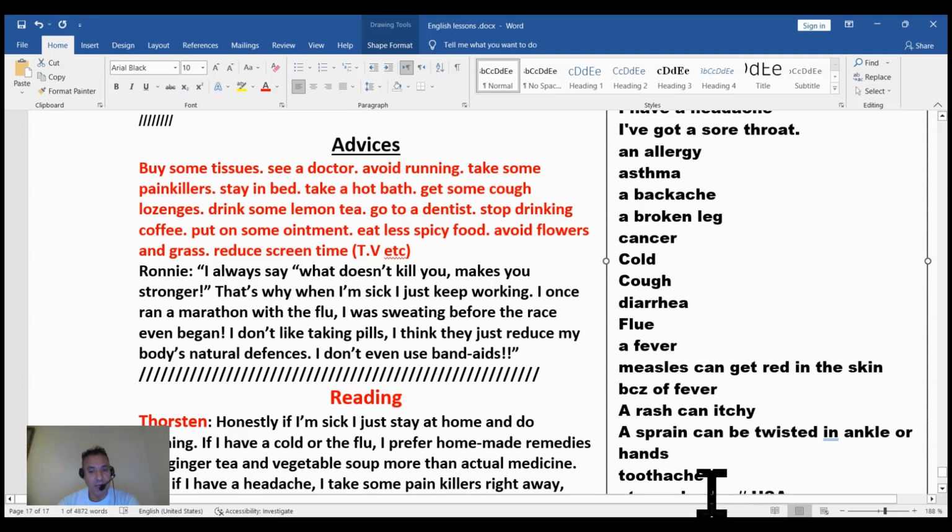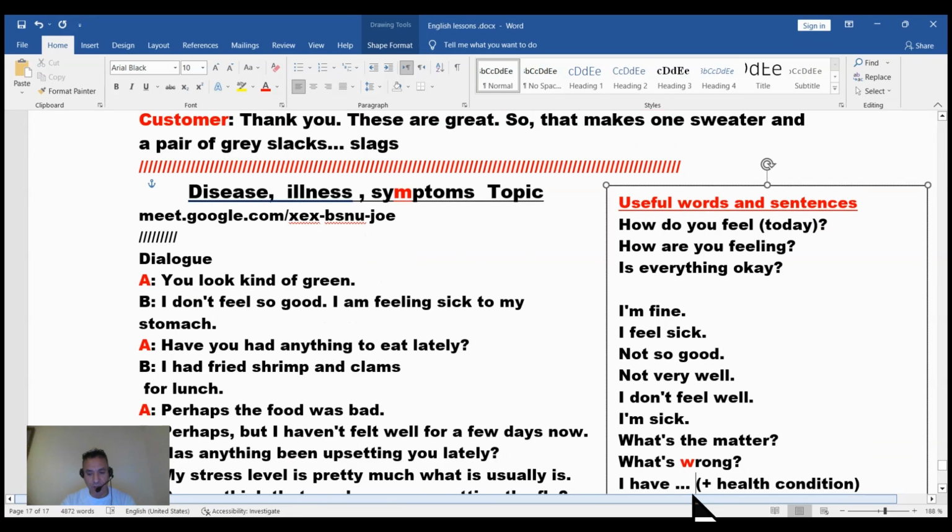And here you can say also there is a sprain. A sprain can be a twisted ankle or hand. For example, like this, you got a swelling, and your hand or your ankle gets a bit bigger, so they call it a sprain. Or you have, for example, a toothache.